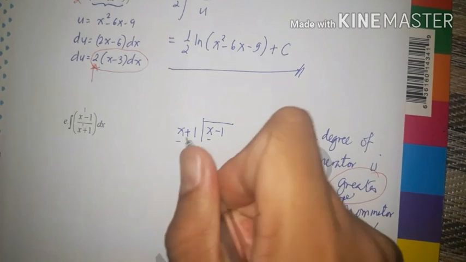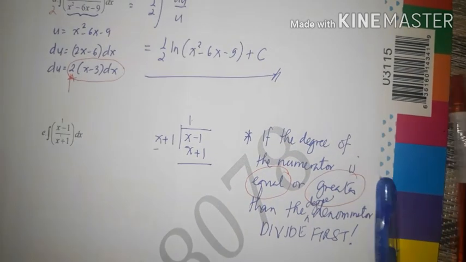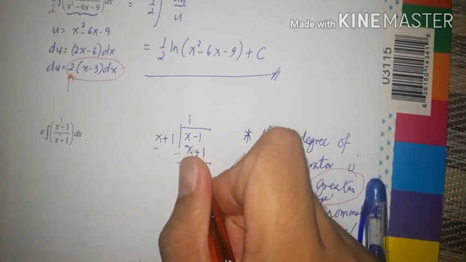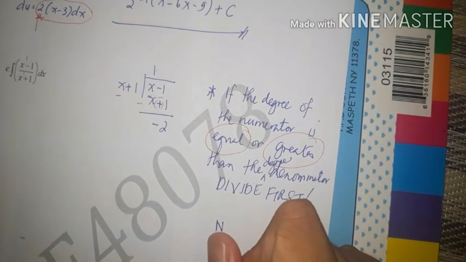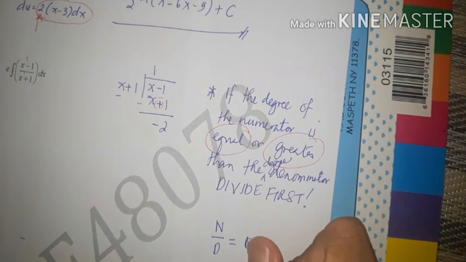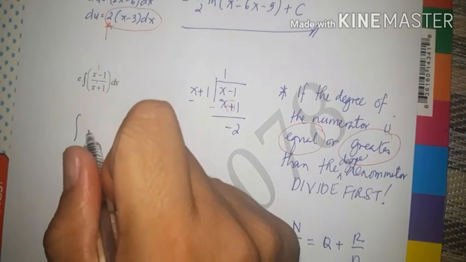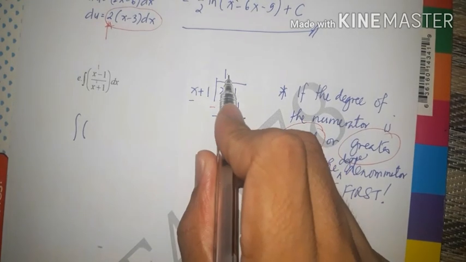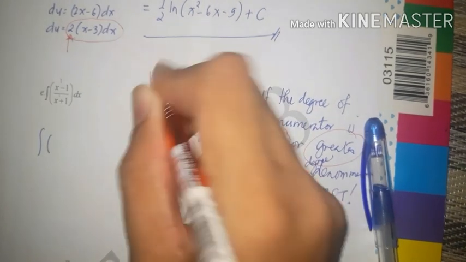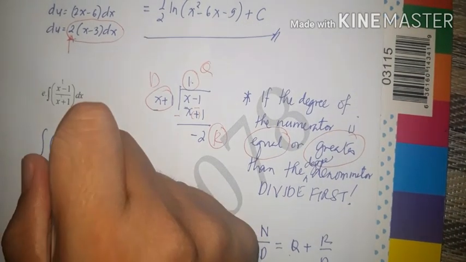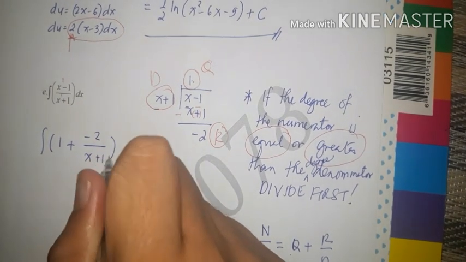So, dividing x by x is 1. 1 times x is x. 1 times 1 is positive 1. So, when we subtract, change the sign of the subtrahend and proceed to addition, which gives you negative 2. In dividing n by d, that is equal to the quotient plus the remainder over the divisor. Therefore, our given can now be expressed as the quotient 1 plus the remainder negative 2 over the divisor x plus 1 dx,